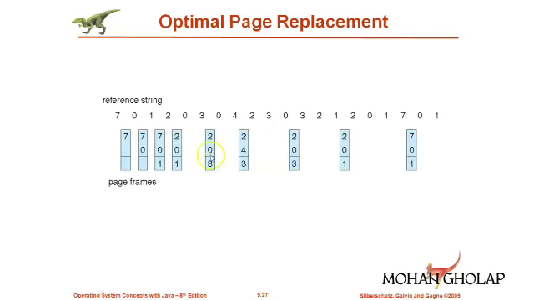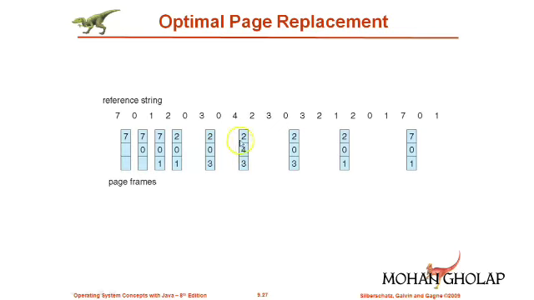After this the request is for 0. 0 is already in the frame memory, so we need not load this. After this the next request is for 4. Again for 4 you have to create a space, and the same process is followed. So in 2 0 3, after 4 immediately we are using 2, after that immediately we are using 3, and after that we are using 0. So out of 2 0 3, 2 and 3 are going to be used in the near future compared to 0. That's why we consider 0 for the replacement, and in place of 0 we add 4. So the content is 2 4 3.